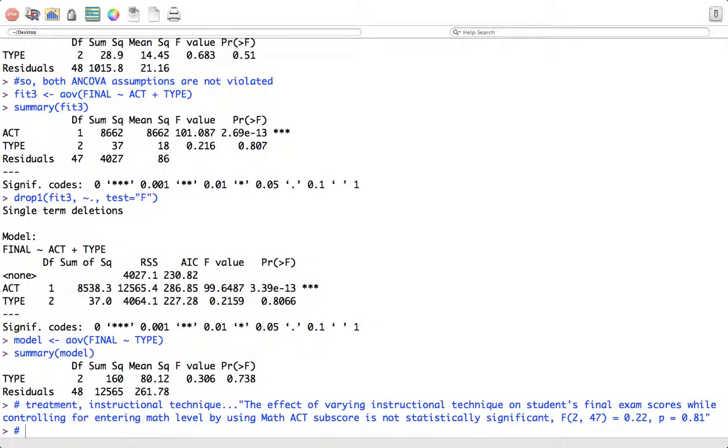Now, how would I write up the covariate? So this is the ACT subscore, or the math ACT subscore. So what I would say here is something to the effect of, I don't know, probably I'd say something like the covariate ACT math subscore was statistically significant as related to